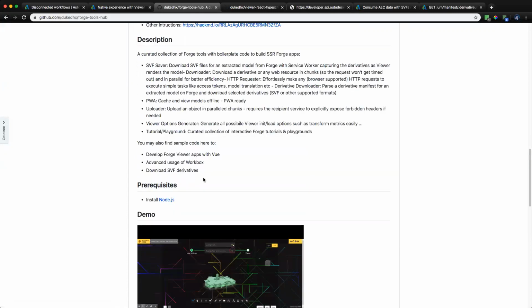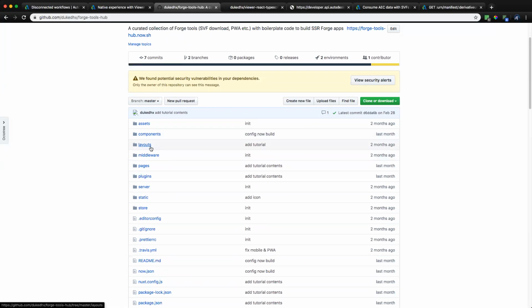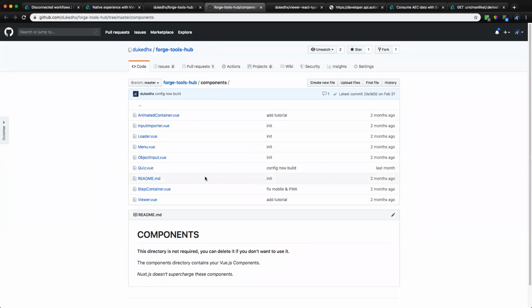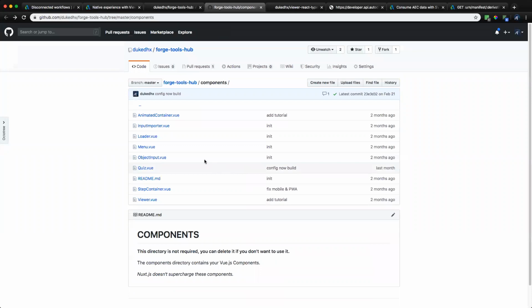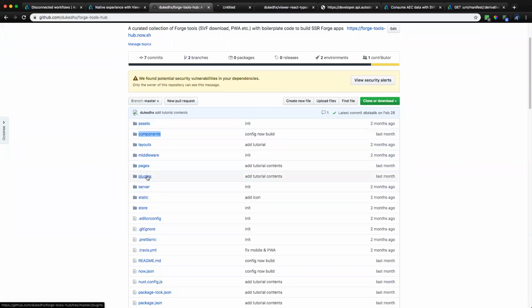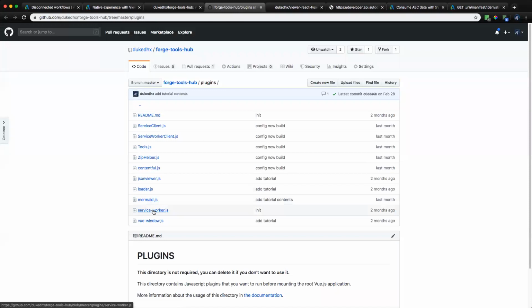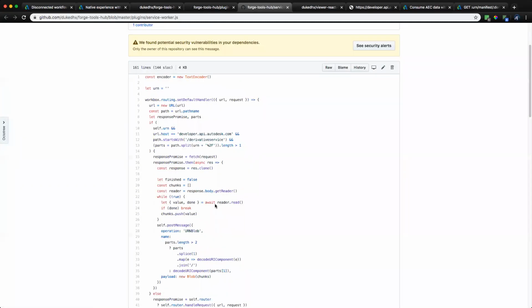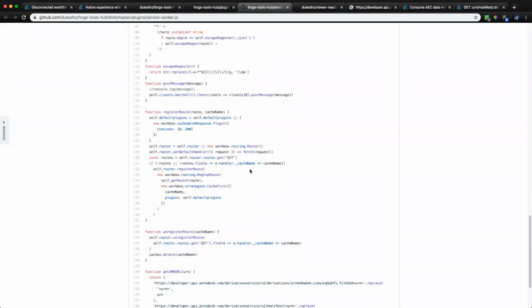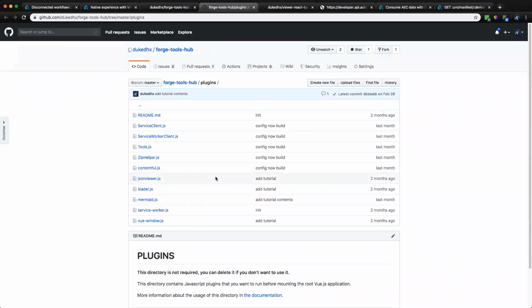So you can simply head up to this public repo and see how we do it. And basically, if you are going to develop in Vue, this is a good starting point as well, because it has a viewer component that shows you how to integrate the viewer with Vue. And you can see for the service worker bit, here's how it works. It's in the plugin, I believe. Yes, we have a service worker component here, and you can see some sample code to get you started with service worker. I'm not going to go into the details because of time, but